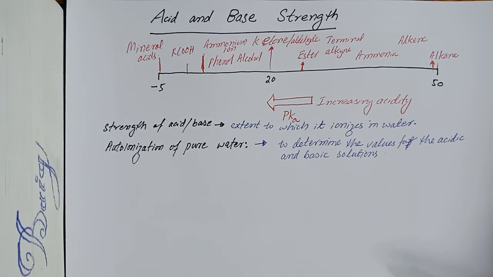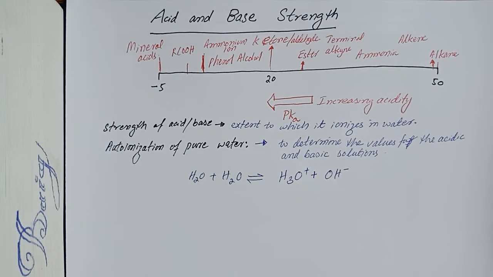So what is autoionization? Autoionization is the reaction of two molecules of water with each other to give a hydronium ion and a hydroxide ion. For this reaction, the amount of autoionization is extremely